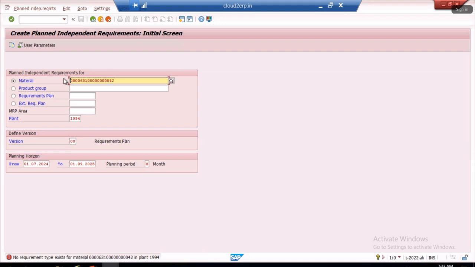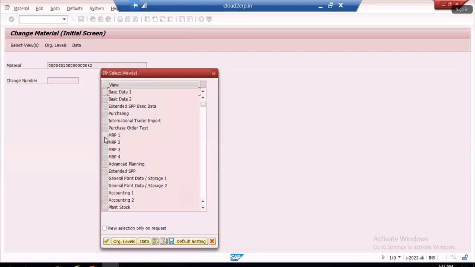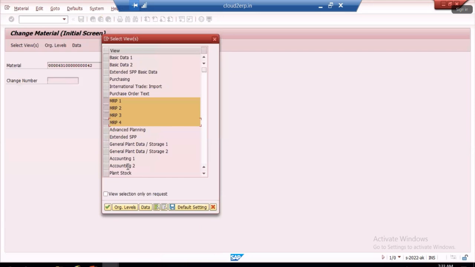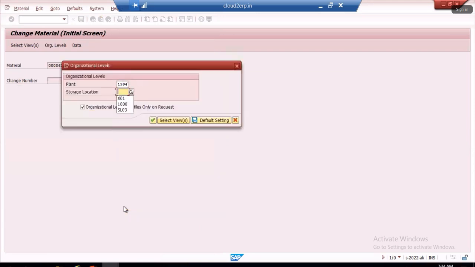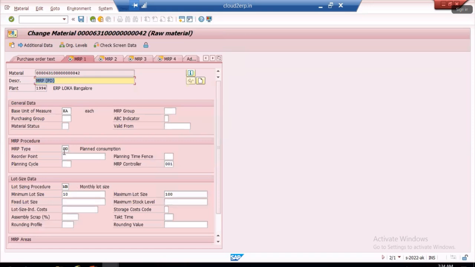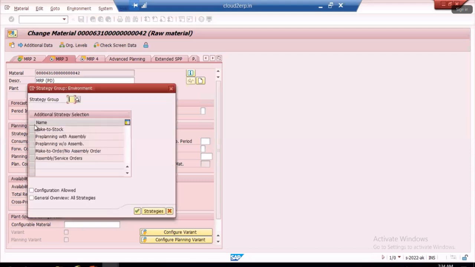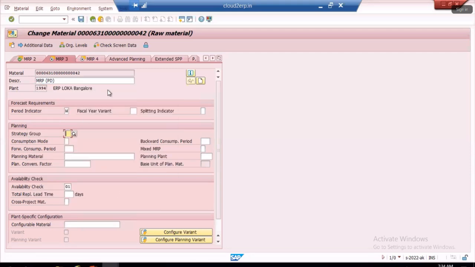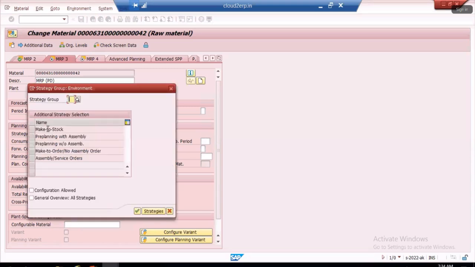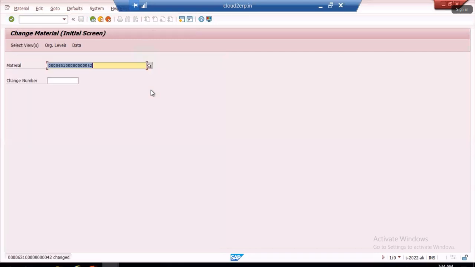So let me go to the material and check the material once. I'll just check the MRP. This is PD, this is 1000. In MRP2, I have this information. In MRP3, I don't have the strategy group. Let me enter the strategy group. Strategy group is nothing but telling the system for what purpose I'm going to use this stock. So I'll be using the stock to make stock. Save. Now I'll run